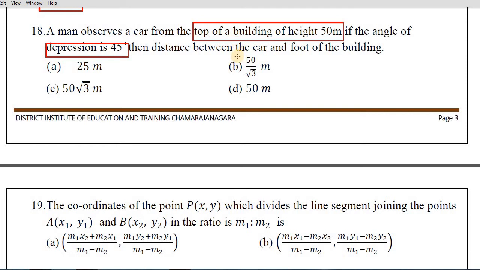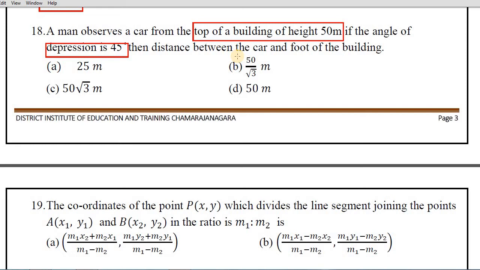So same kind of the problem we have done in other model question paper, children, but there they have clearly mentioned that angle of elevation, but here they have given angle of depression. So you have to draw the same figure, but you have to draw one horizontal line just above the tip of the triangle, and that gives angle of depression is equals to angle of elevation, means angle of elevation measurement also 45 degree. So next, height of the building is given, that is 50 meter, and angle of elevation will be 45 degree itself.